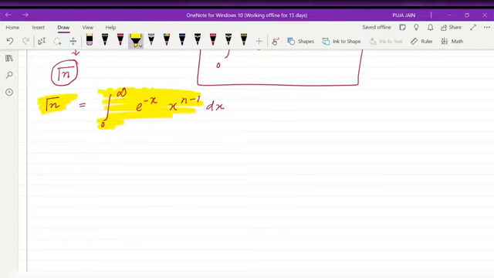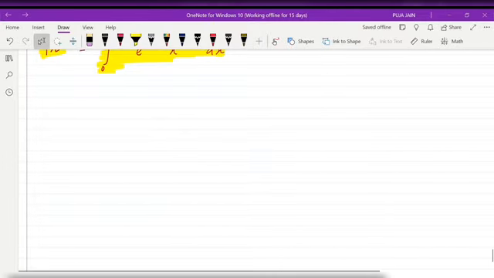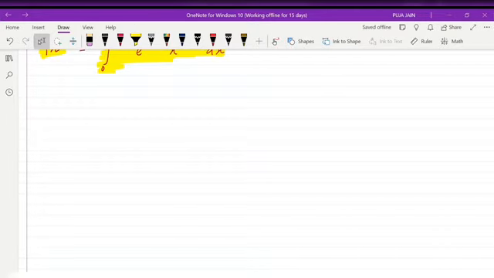Now we will see some important results of gamma functions which we should remember, but I will prove some of the results. You should also know the proofs of some important results, so that if by chance you forget, then you can just calculate and find the result. The first proof which we will do is gamma of 1 is equal to 1.